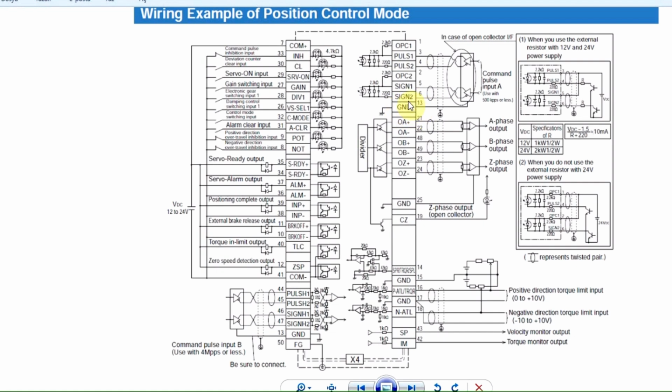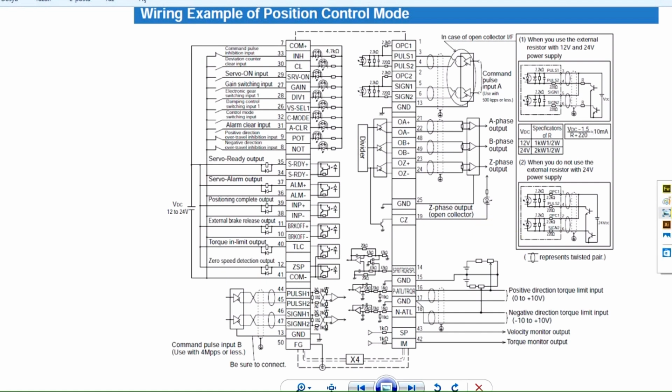We will connect our negative voltage here, and here you can see common plus. Positive signal is pin 7, and here you can see 29, and this is servo on input. We will use all of these connections. So this is servo on input here, and I have another